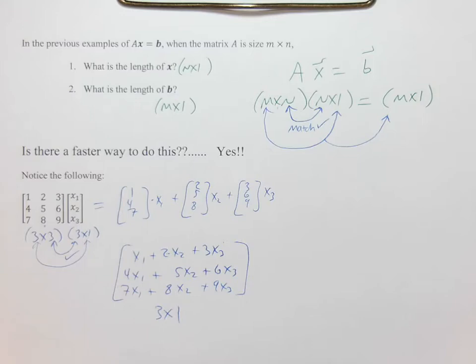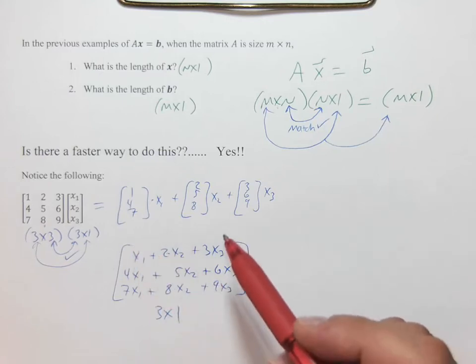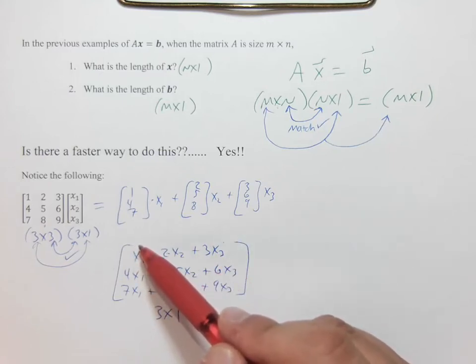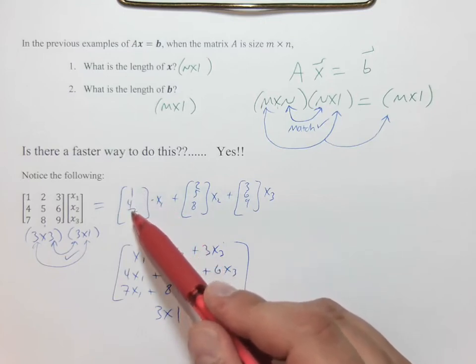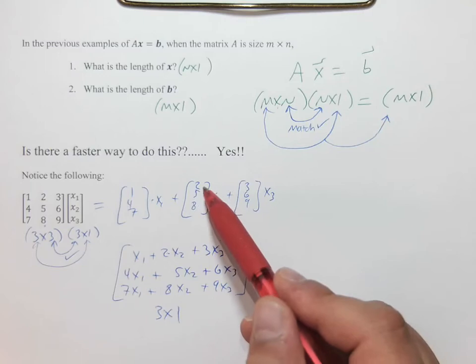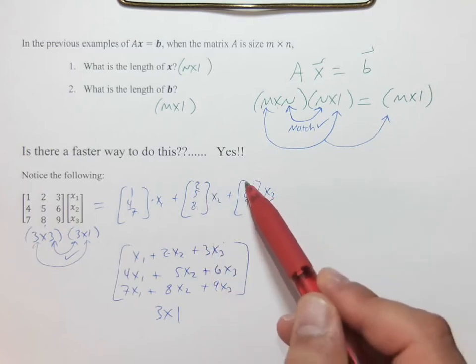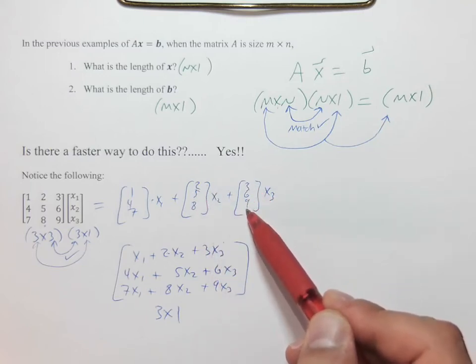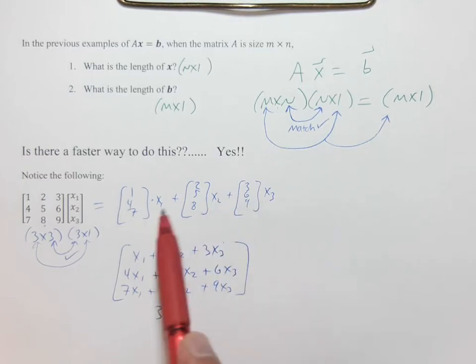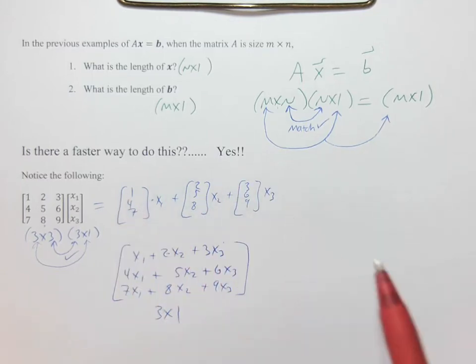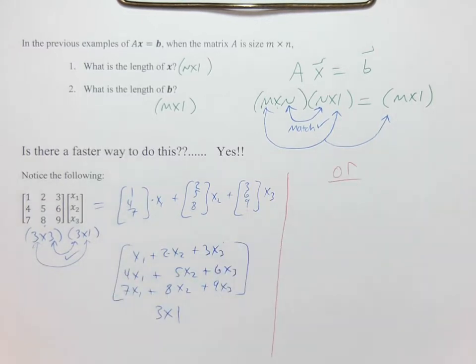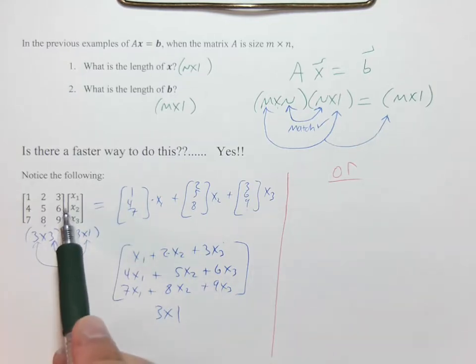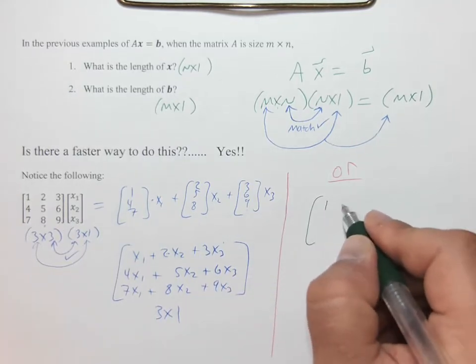But what I'm trying to point out here is that this x1 ends up multiplying all the things in the first column, right? This x2 multiplies all the things in the second column, and this x3 multiplies all the things in the third column. And so instead of writing it out like this and thinking about this linear combination, an alternative approach, another shorthand way to think about it, is to take the original, let me just rewrite the matrix A,